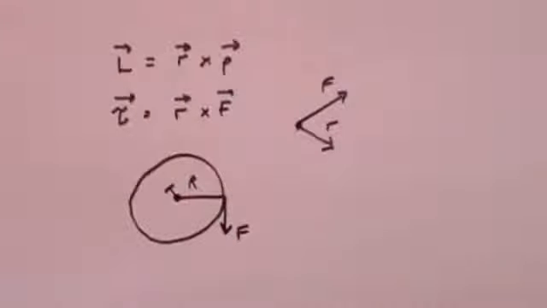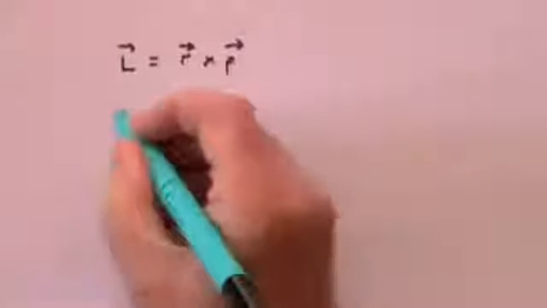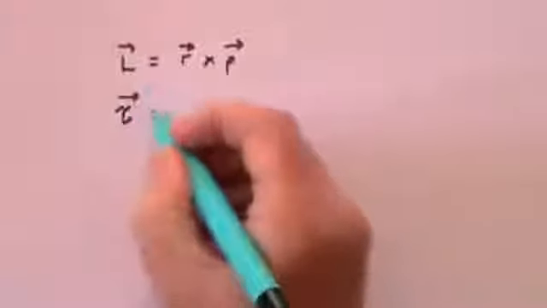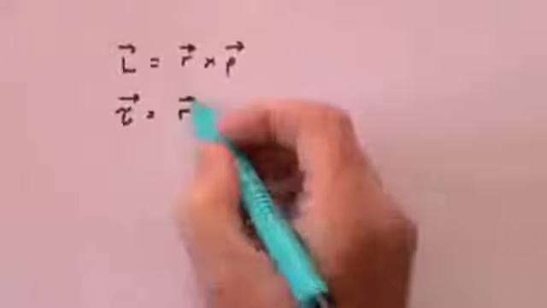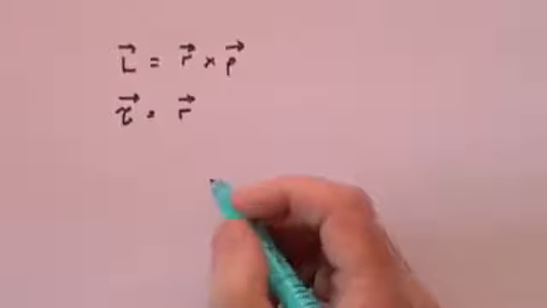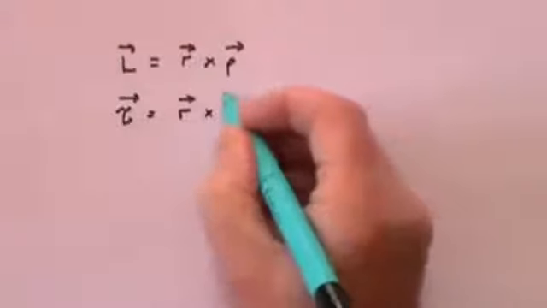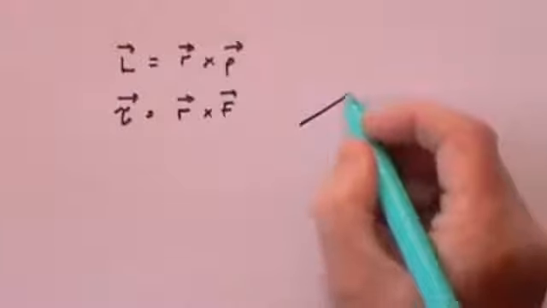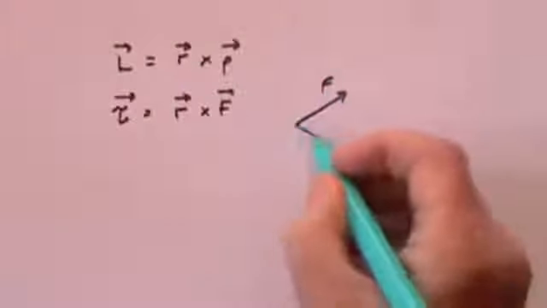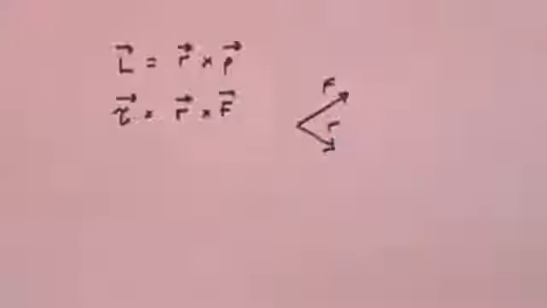So let's just try to demonstrate, where p is the momentum, and the torque on a system, the vector for torque, is equal to the distance from the axis vector, r, cross F, where F is the force. And the important point about this was that if you take, for example, the torque, if you have a force and you have the r vector, which is the distance from the axis, then the torque, because